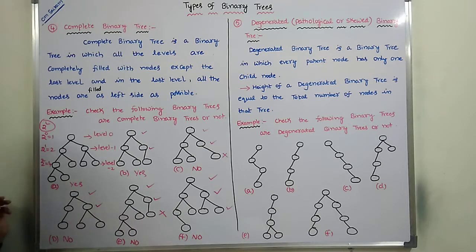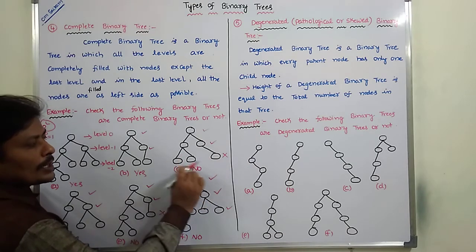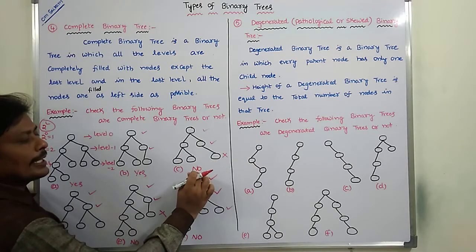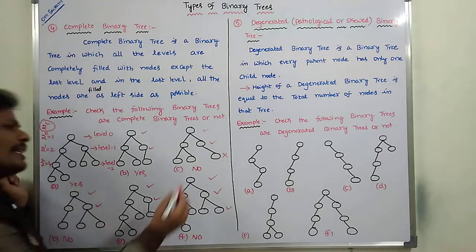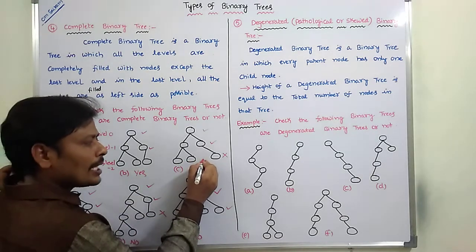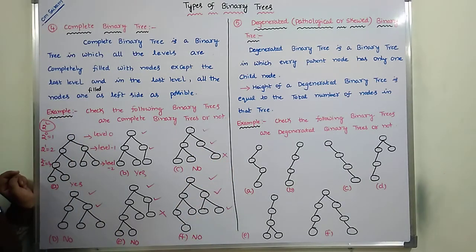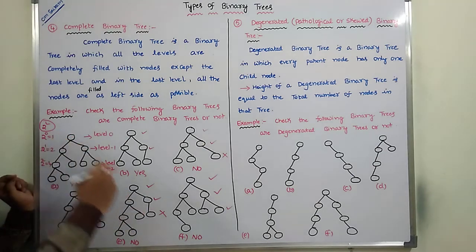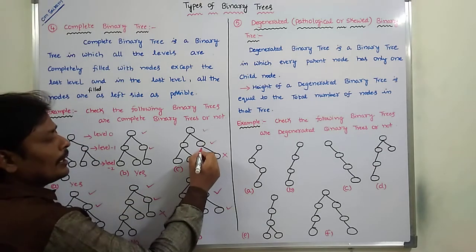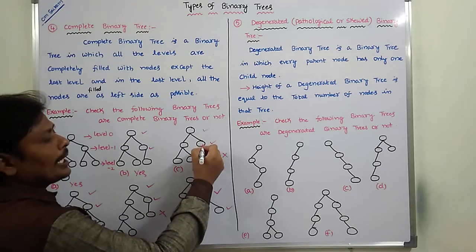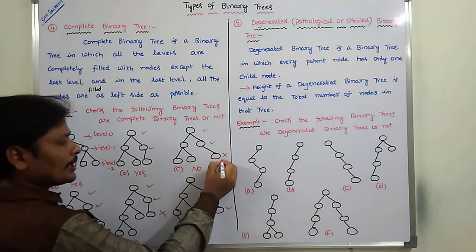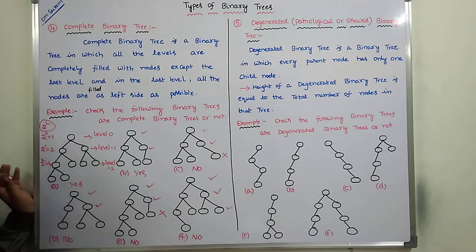Next, in the level 2, 4 nodes are not there. Hence, we can say that it is not a complete binary tree. But it is the last level. In the last level, without filling the left child, we cannot go to the right child. So, in the last level, the nodes are filled as far left as possible. First, we have to fill the left child. After completing that, we have to fill the right child. But here, without completing the left child, directly we go to the right child. Because of that reason, it is not a complete binary tree.